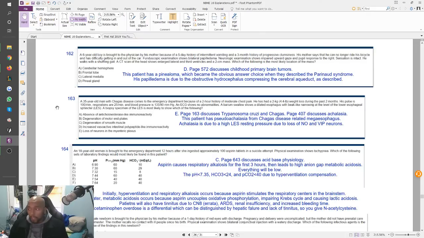So they gave you a lot in this question. They didn't need to give you the CT scan of the head at all. It was enough to tell you that fundoscopic exam is showing bilateral papilledema, which means there's increased intracranial pressure, which is probably due to a mass, because this is a 6-year-old boy. He wouldn't have any other reason to have elevated intracranial pressure.